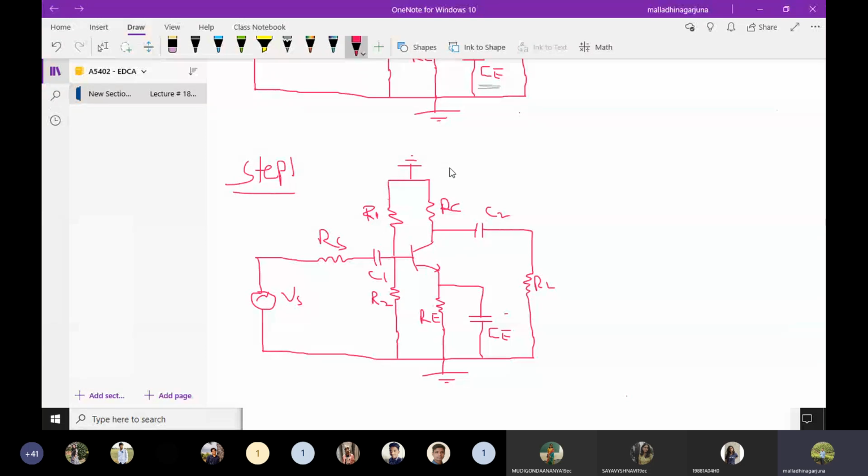Okay, so you have to draw this stepwise. Very important. First you have to draw the circuit diagram of the CE amplifier. Next, take the heading of step 1. And what is step 1? We are connecting all the DC sources to ground. You redraw the circuit diagram again by replacing the VCC with a ground connection. Okay, so this is step 1.